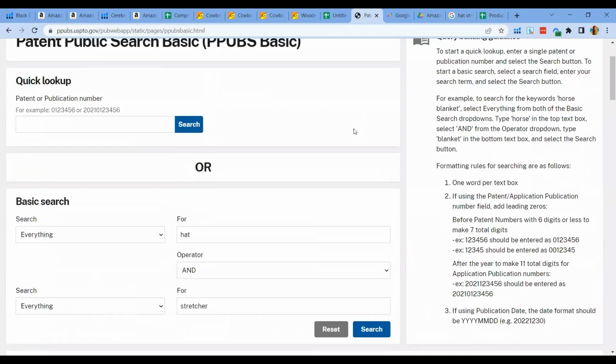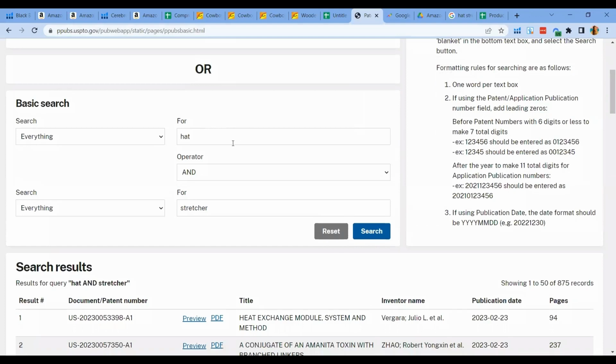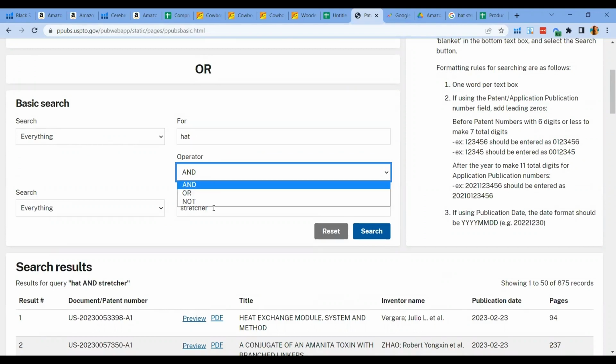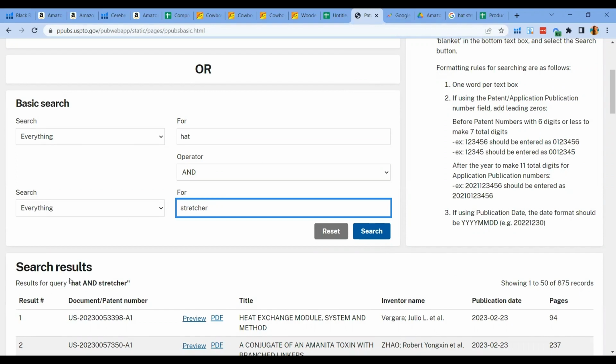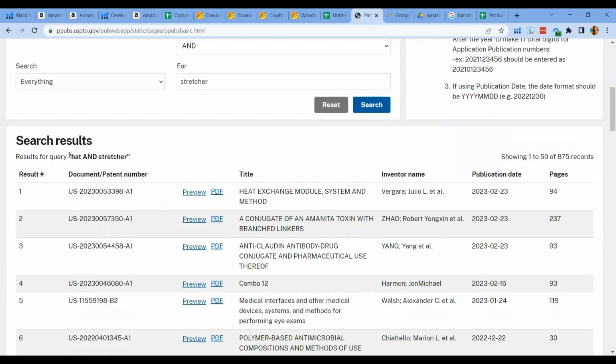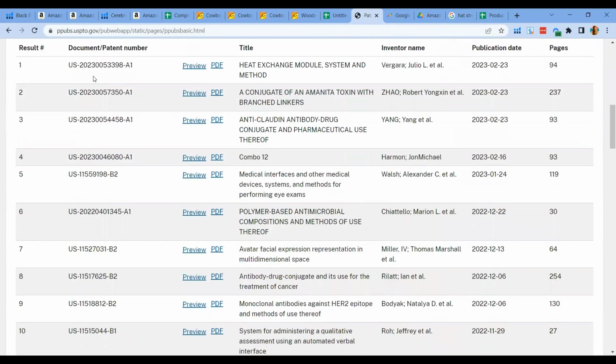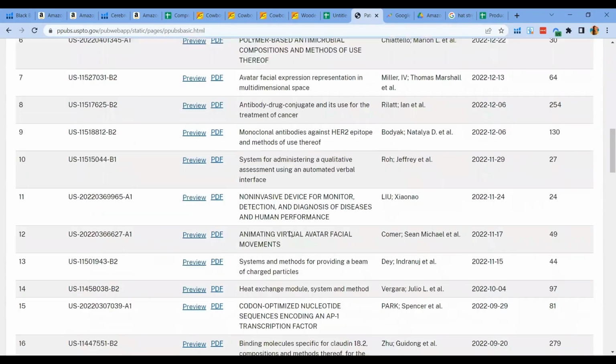For example, hat. What I did is type hat, just one word, and stretcher, because the whole database is going to search it together, hat stretcher. So here, these are more like scientific, but I am not seeing anything that is hat related.